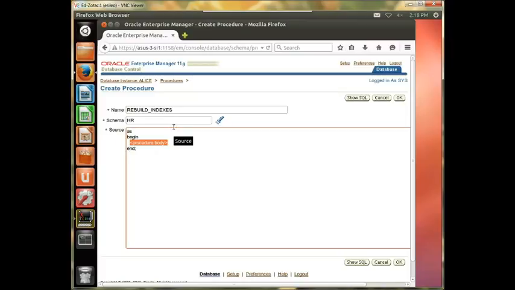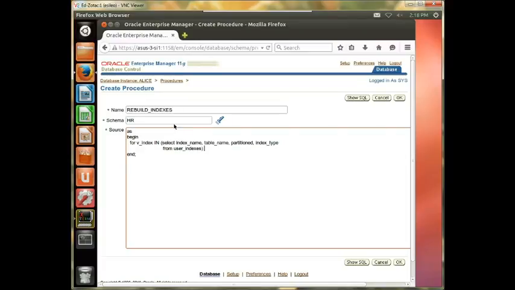We want to say for the index in select index_name, table_name, partitioned, index_type from user_indexes,